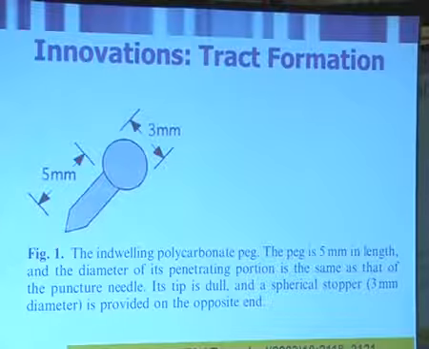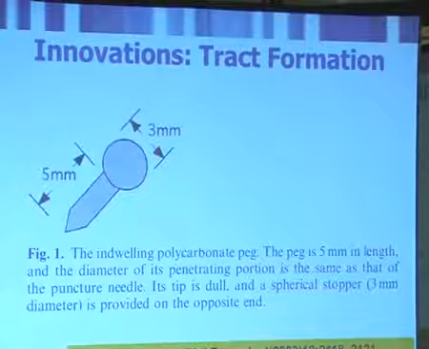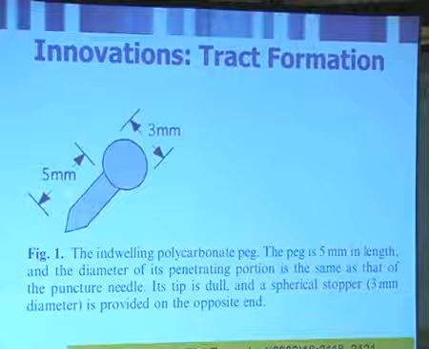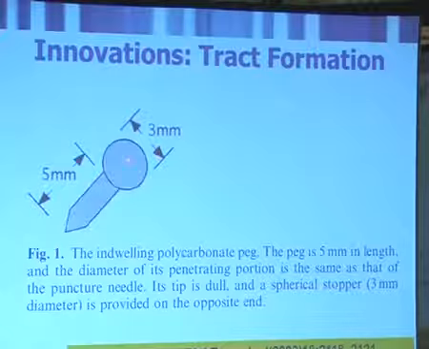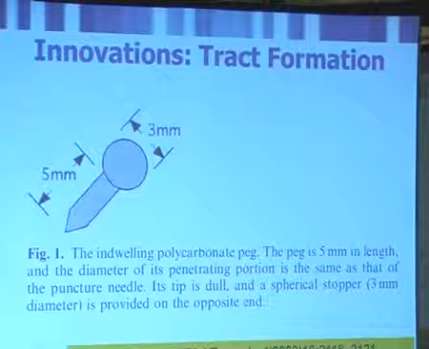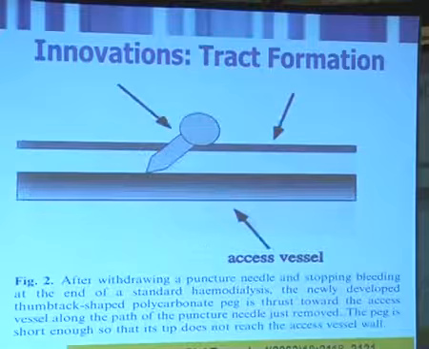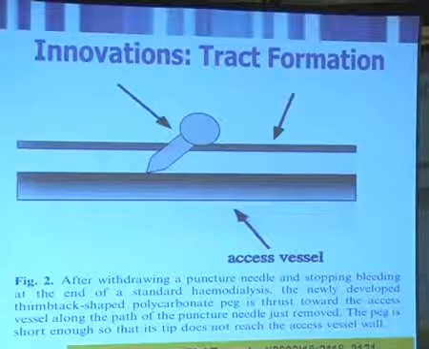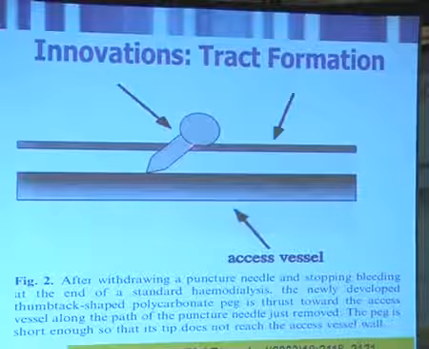Because now we are talking more and more about buttonhole technique even in dialysis units, a few innovations have come in. This one is from Japan, and what they have is a pegylated polycarbonate peg, which has the same diameter as that of an AV fistula needle, but which has a blunt end. Once you remove the sharp needle in the initial sessions, you put in this polycarbonate peg, and this just abuts the vessel wall. So you have a dilator which dilates that tract.